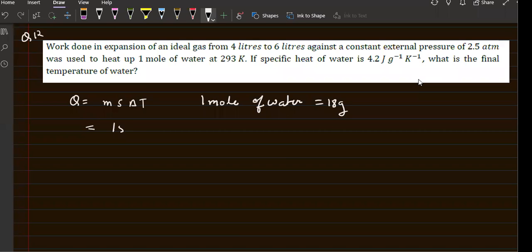So this is 18 into specific heat, which is already given, which is 4.2 kilojoule, so 4.2 into 10 to the power 3 into